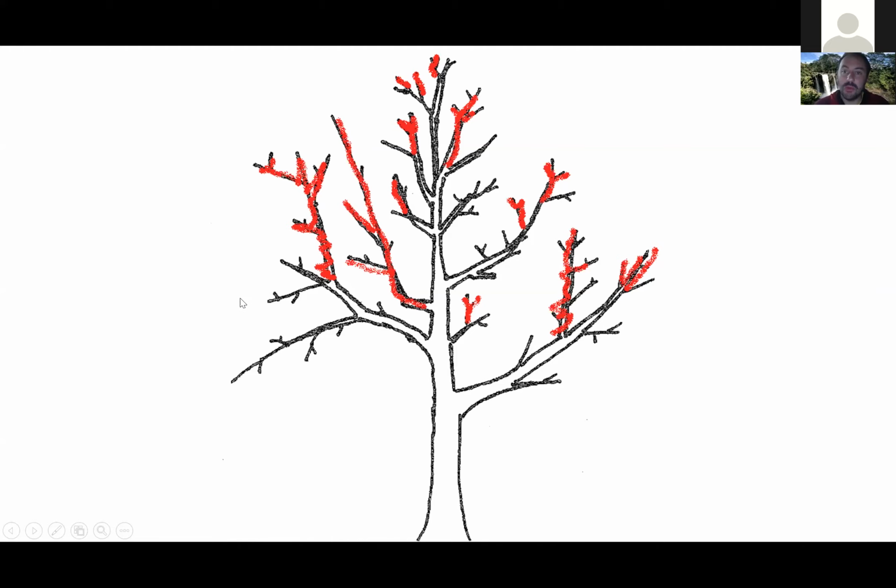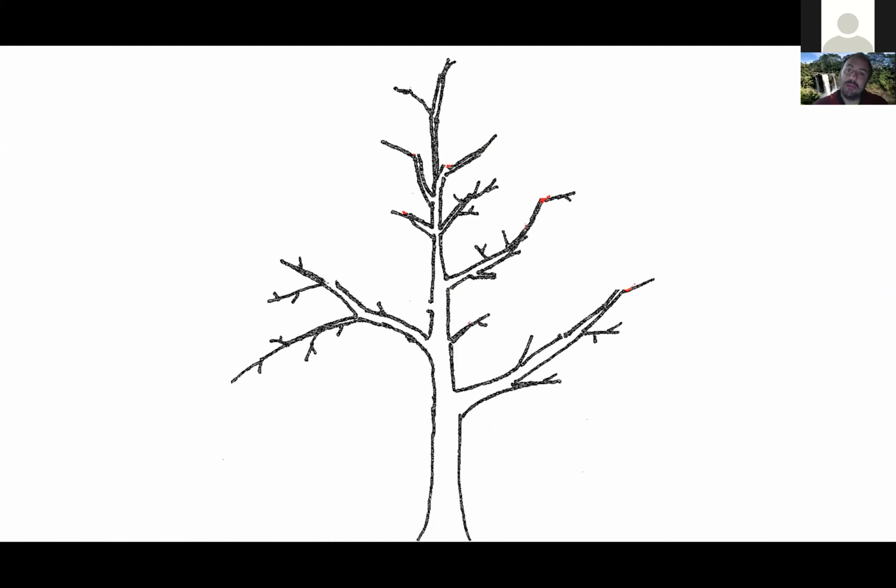So there again, that's maybe 40-ish% of the canopy. So I could maybe do that in one year. But again, maybe I don't. Maybe I do it over the course of multiple years.